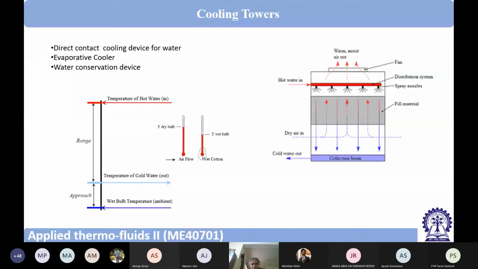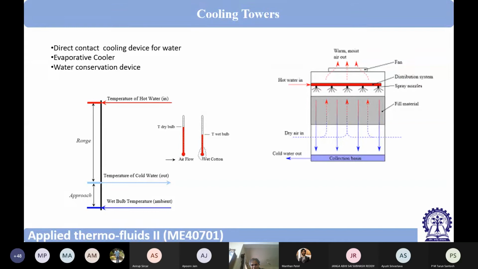Do you remember the wet bulb thermometer? No, sir. How can it be possible? In the refrigeration laboratory, you have not used any wet bulb temperature or wet bulb thermometer. That is a thermometer whose bulb is wrapped with some sort of cotton sling, moistened with water, and then you rotate it at high velocity with your hand, and then you measure the temperature, you get the wet bulb temperature.